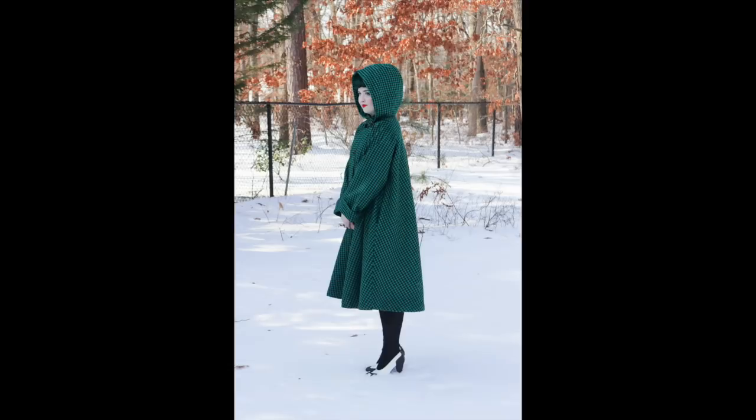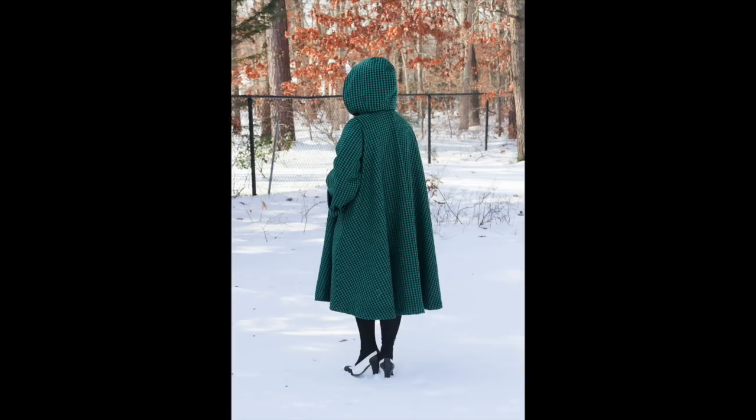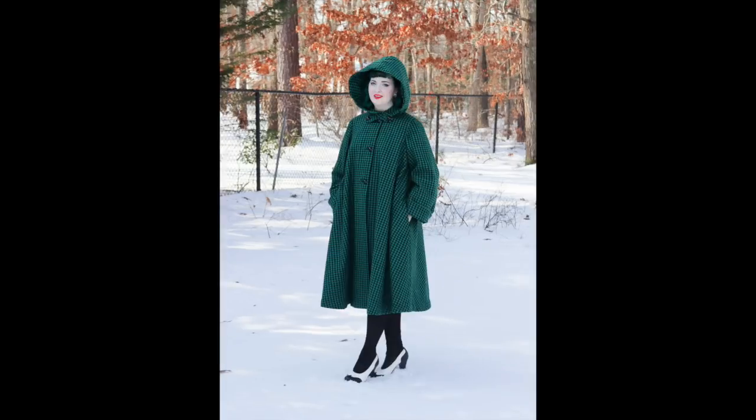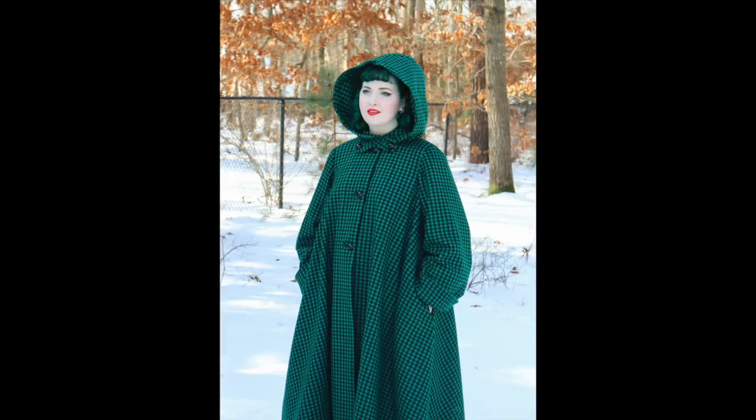My other issue is with the hood, and I love the hood. I love the size of it and the shape of it, and it's relatively easy to get on and off, but it's kind of annoying that you have to have the coat fully buttoned up before you can put on the hood. It's not really an issue when you're getting ready at home, but if you were getting into a car and out of a car and taking the coat on and off, or going to a restaurant and then taking the coat on and off, I think it would become really annoying